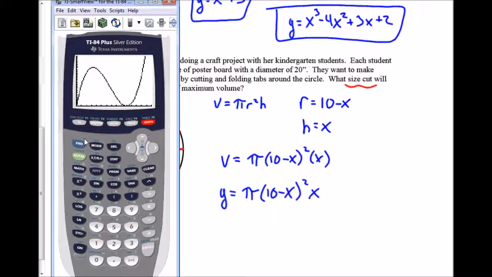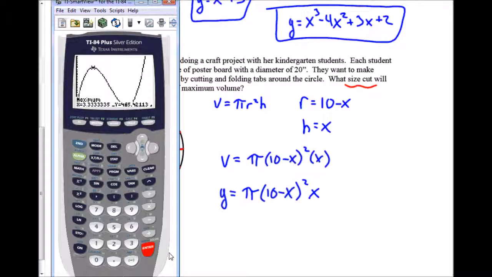Okay, so now I go to calculate. So it's second, and then right here is calculate. I want to calculate a maximum, which is number 4. And it would ask me my left bound, right bound. So when it says left bound, I go to the left of that maximum value, which is over here. And I hit enter, and then it asks me right bound, so I go to the right of that maximum value and hit enter. And then I take a guess. I get as close to that maximum value as I can, and I hit enter. And it looks like